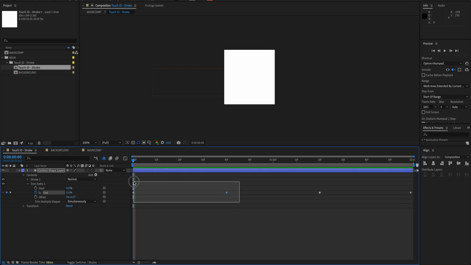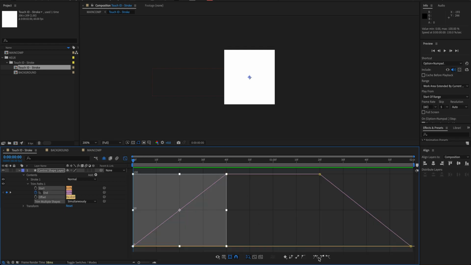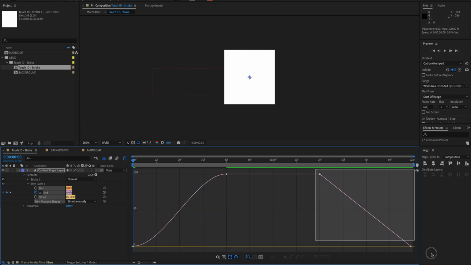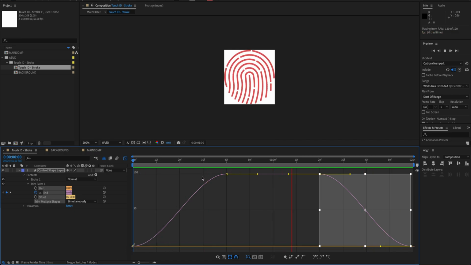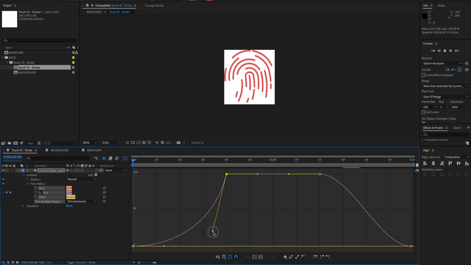So we could leave it there, but why not add a little bit of extra polish by adding some curves in? We can do that either using a plugin that I love to use for my curves, or we can go to the graph editor here, and add an easy ease on these ones. And then we're going to select these and add an easy ease here. So we can see it should have a nicer transition where it eases in and eases out, and then it's quite linear in the middle. We could play around with this curve a bit. So we could say make it an ease in,